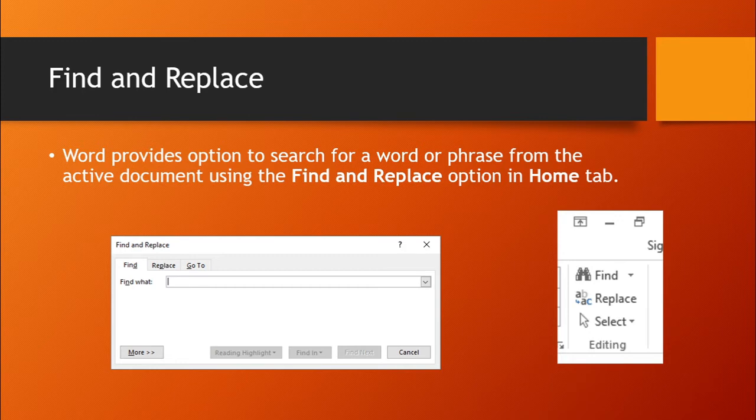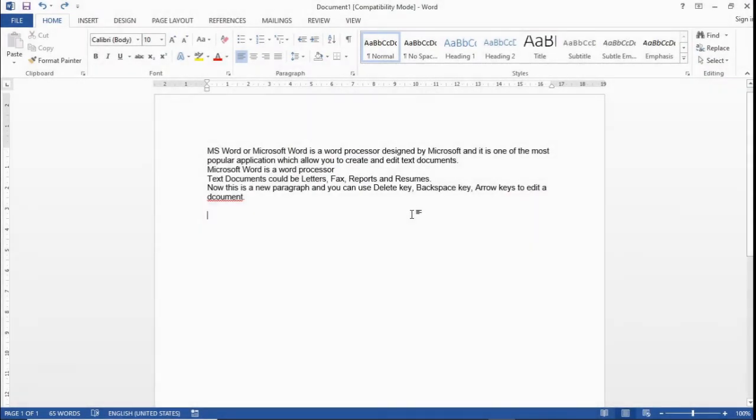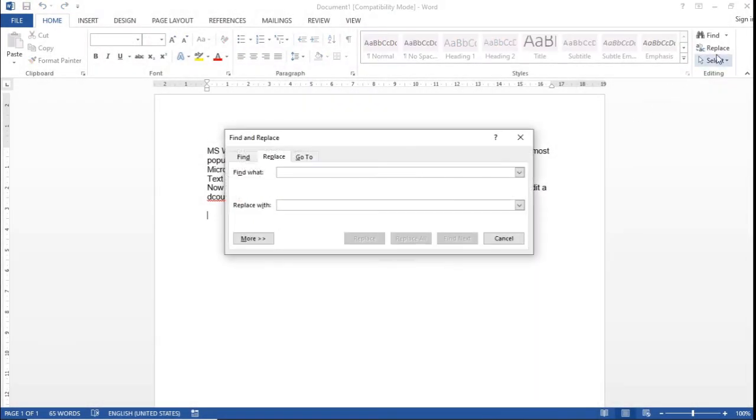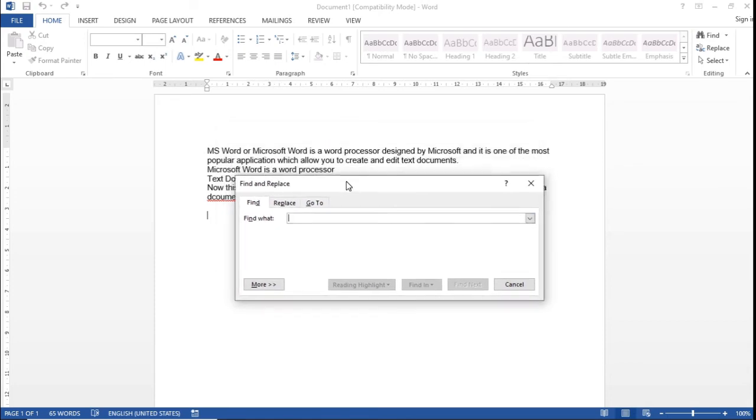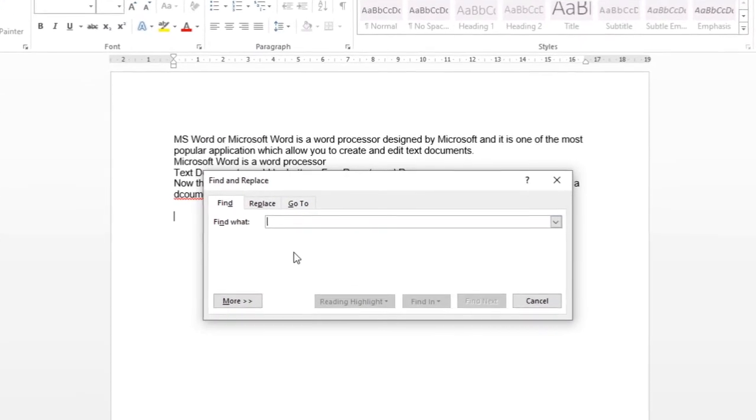You can find it easily by using the find command, and also you can replace the text with other text by using replace command. So to find some information, I am using find command. So find is present in home tab. So you can just type the text that you want to search in a document,